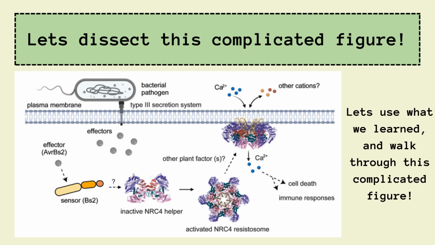Let's use what we have learned today to walk through a very complicated figure involving plant cells, cell signaling, and immune response. You can see that the bacterial pathogen or germ is invading the plant cell in the top left. The plant cell is everything below the plasma membrane, which is basically a shield that surrounds the plant cell. Because of this invasion, there is cell signaling, which is the pathway marked with the arrows. If you follow the arrows, you can see that there is an inactive protein.